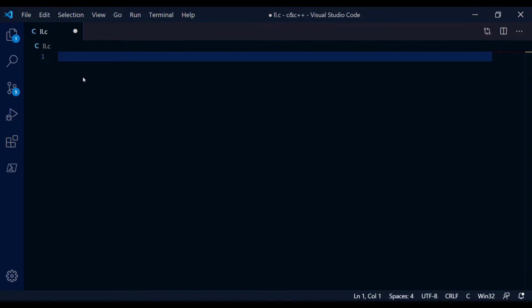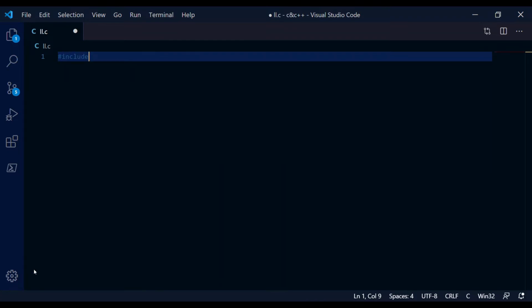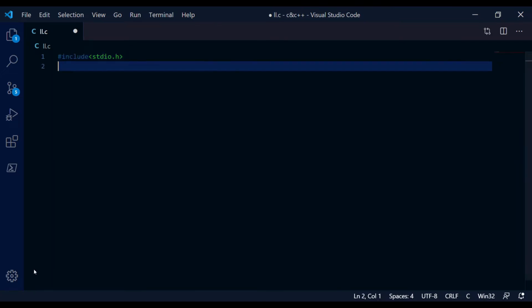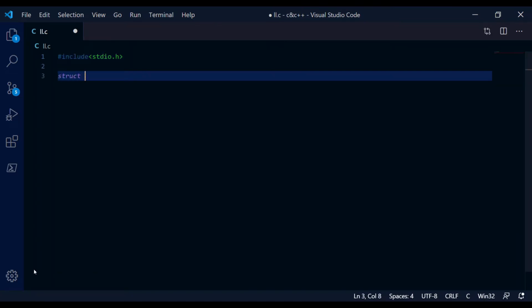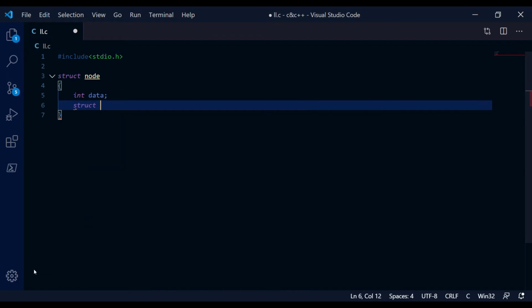Welcome to Conception. Today I'll show you how to create a linked list. Here I have used the C language. First, defining the standard library, which is the standard input and output library. Now initializing the structure node. Just defining the variables, which are the data, and the pointer, which will point to the next node, as